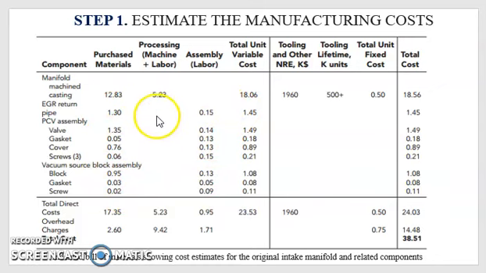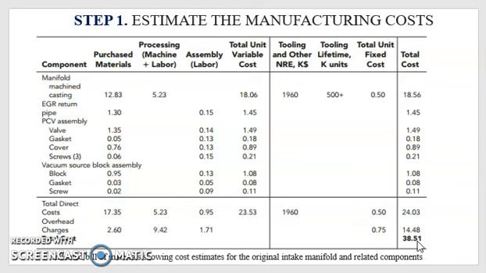These costs will constitute to the total variable cost, which will depend upon the number of the part or the number of the units produced or manufactured by the company. Tooling and tool life or tool replacement cost will be falling under the category of total fixed cost. Inclusion of all these costs and some overhead charges contributes to the total cost of a single intake manifold assembly. This comes out to be $38.51.